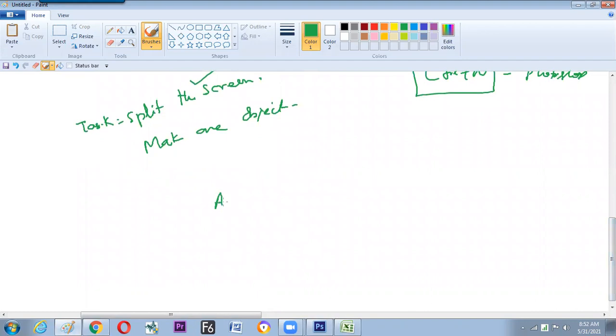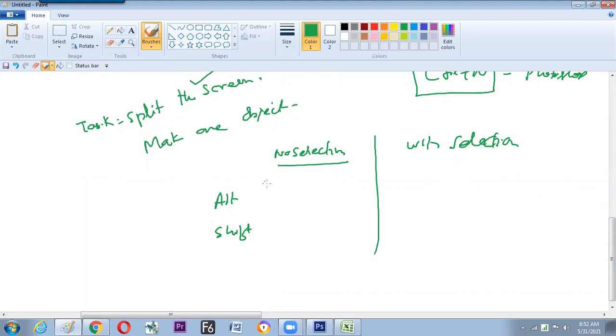The same Alt, Shift button. If no selection, then Alt is for symmetric. With Shift, it makes a square. With selection, it makes addition, it makes subtraction. Is it clear? The table.